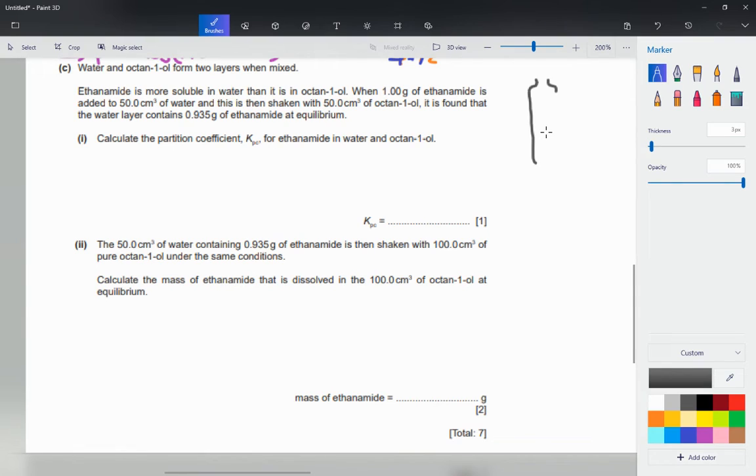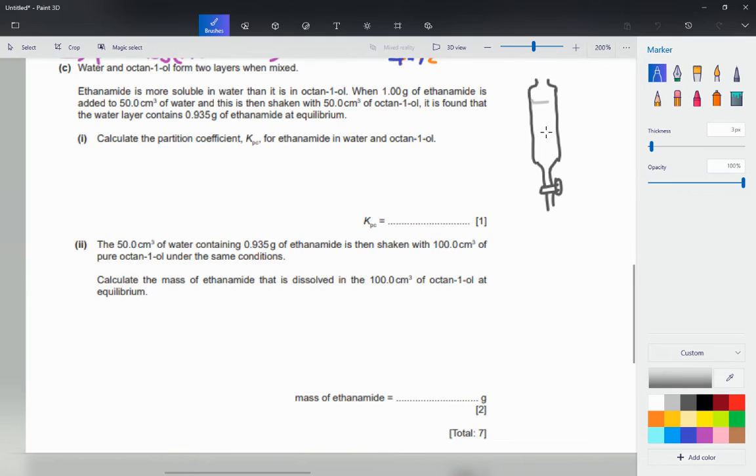So when you're in your exam, just try and figure out. Now, this is a separating funnel. Your teachers should have shown you a separating funnel, but if not, just quickly Google one. There's some very, very pretty pictures of it. Just do a quick sketch. So ethanamide. So there's two layers